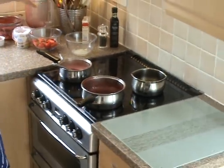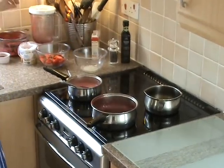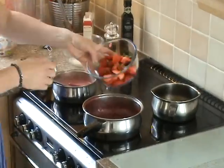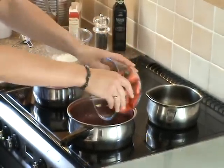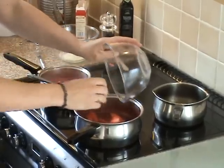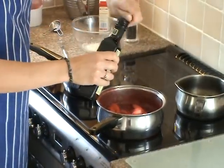Here I've reduced down some strawberries. Basically, I've just blitzed them in the blender, passed them through a sieve, and I've reduced them down to make a coulis. I've taken some out, which I'm going to use for the presentation, and I'm just putting some fresh whole strawberries with some basil back into the saucepan, and I'm going to turn the heat off, a splash of balsamic vinegar,